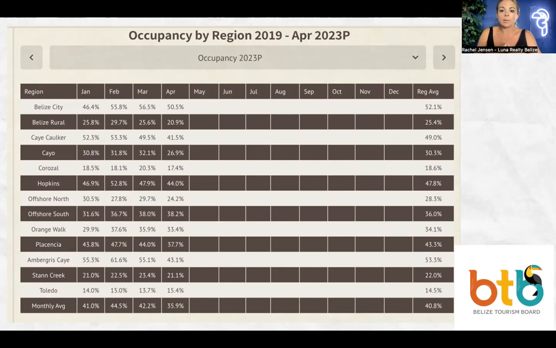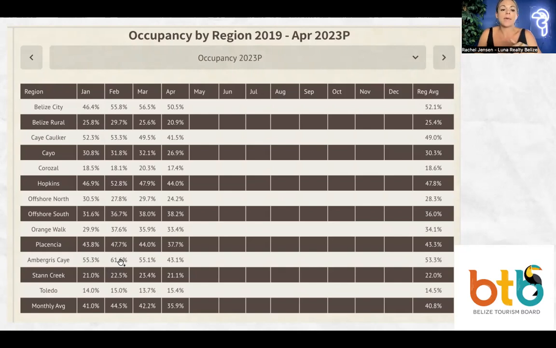There's also a limited number of hotel rooms in Hopkins. So as more people are drawn to visiting that area, there's a limited number, so we do see that occupancy goes up. That is quite interesting. You will see here, as we look at the details a little bit more for Ambergris Caye,